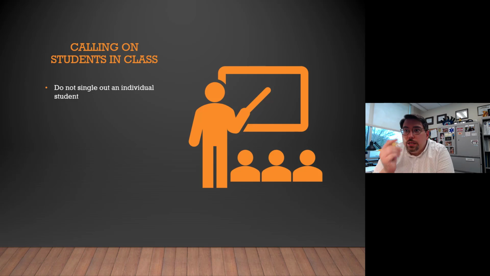Things to keep in mind: don't single out individual students, right? If you're trying to make a point because someone's not paying attention, that's probably not the student to call on. That's not going to help build them up, and it's probably not going to get you the response that you want from your other learners as well. Make sure you're going around the room, and if you do so, follow a pattern. Students like behaviors that they can predict, and the more predictable you can be when it comes to how you call on students, that may help them, at least reduce some anxiety, but oftentimes they may tune out until they get close enough to being called.